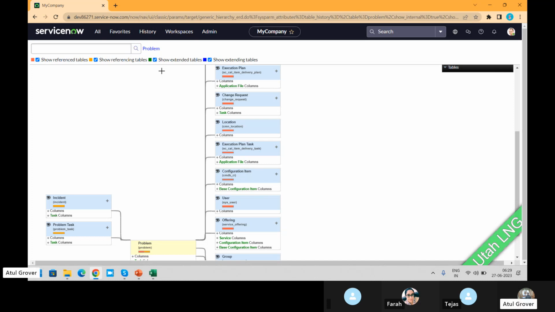Now when we are done with this part, the second part is to understand the roles, our standards.